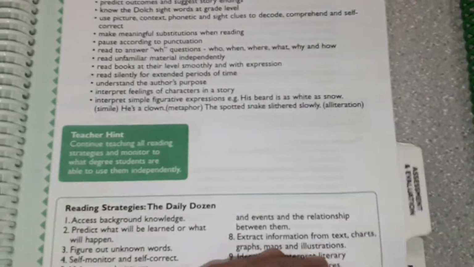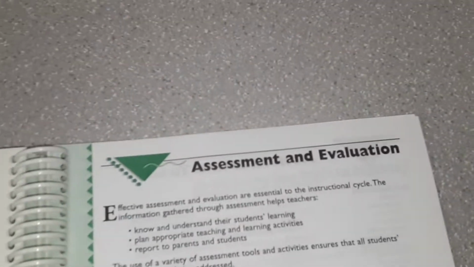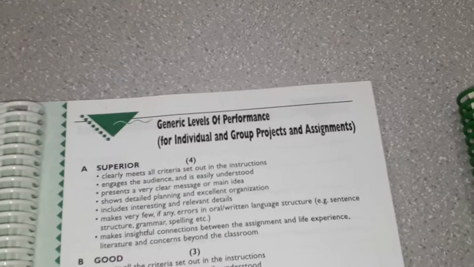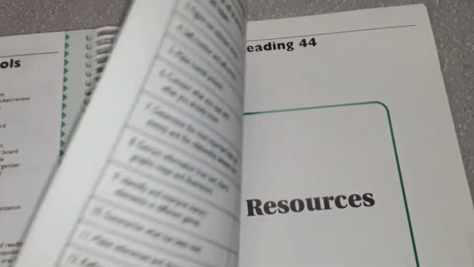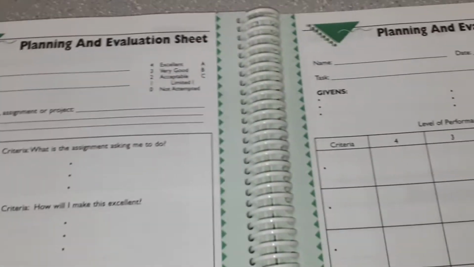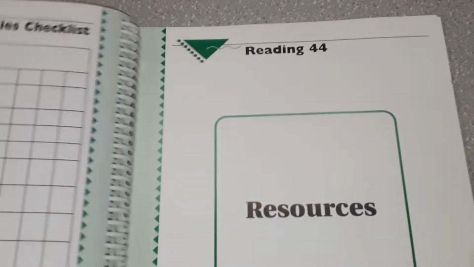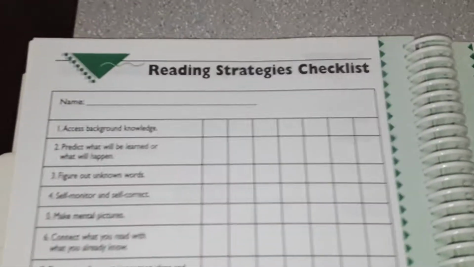This next tab is Assessment and Evaluation. Here's the information about assessment and evaluation, and the tools on this side. Planning evaluation sheets, reading strategy checklist,